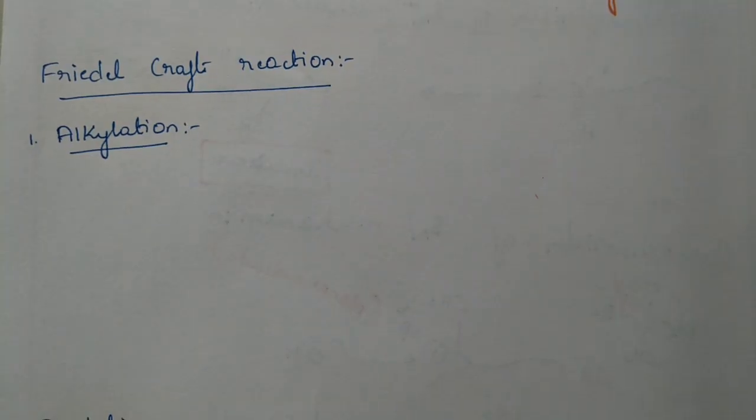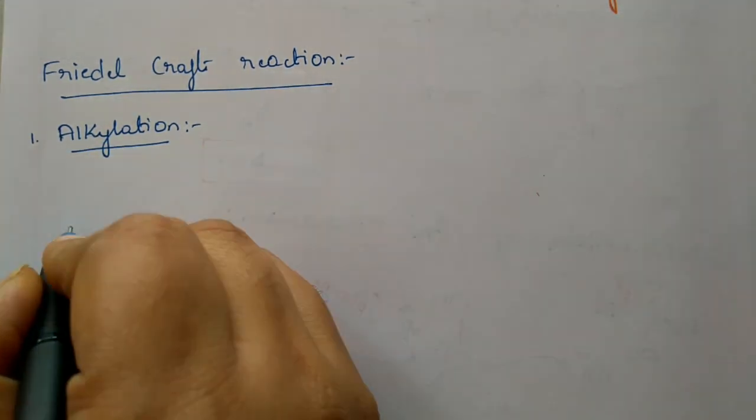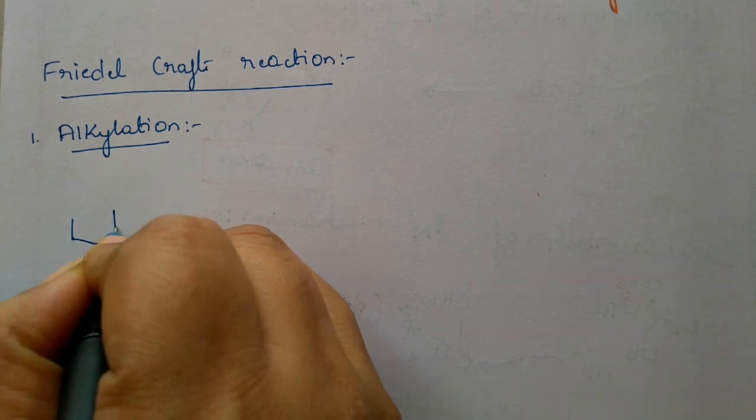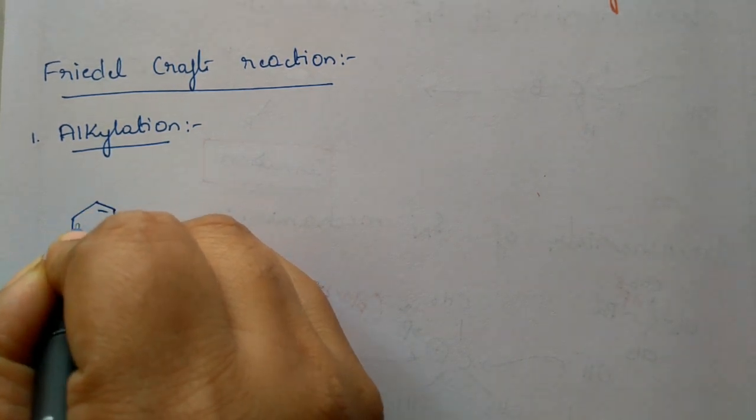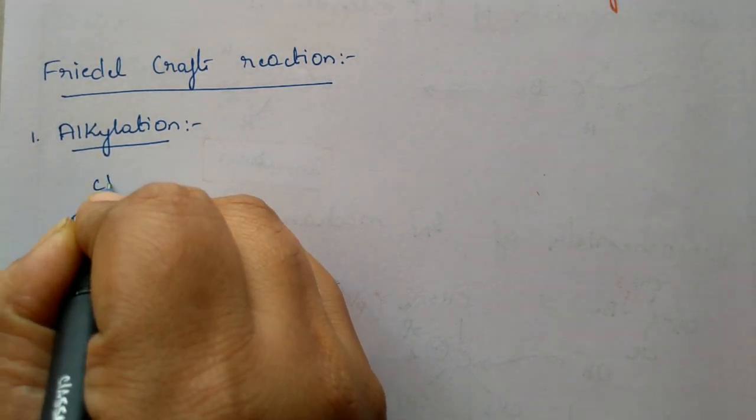Next reaction is Friedel-Crafts reaction. Very important set of reaction. Already we have discussed nitration under electrophilic substitution to the aryl benzene. So now halobenzene, that is aryl halides. So nitration, like NO2 group, it is attached. Likewise here also. So it is alkylation, an alkyl group will be considered. And chlorobenzene we are taking.